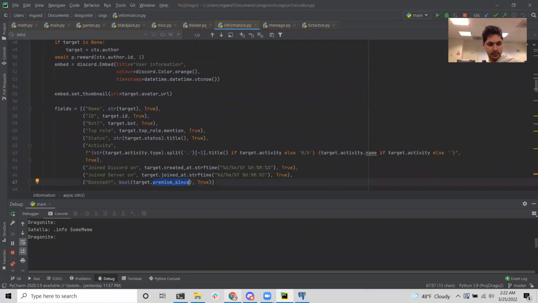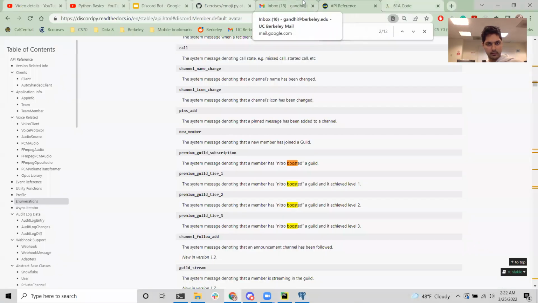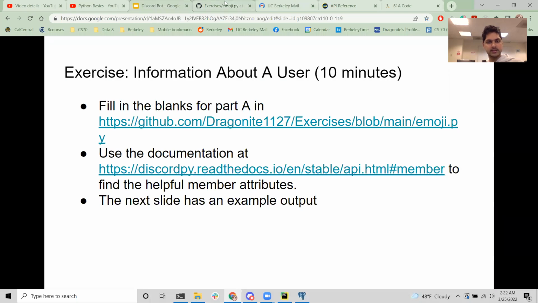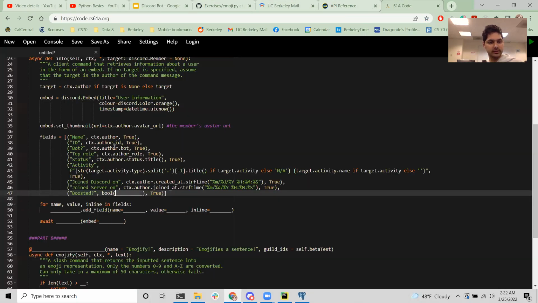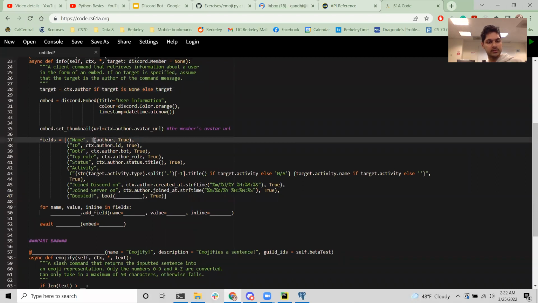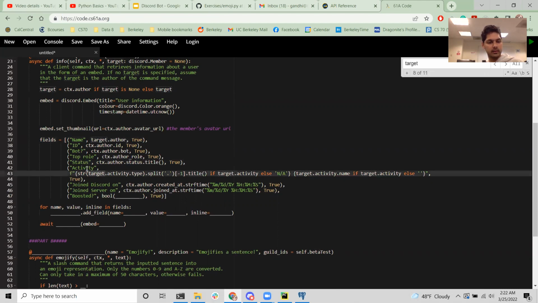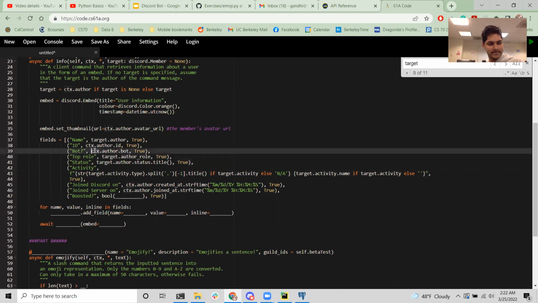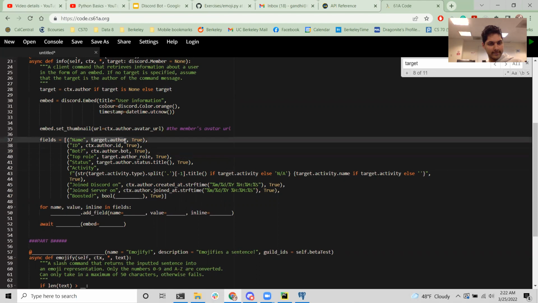Oh, right. Oh yeah, I shouldn't be using ctx. I should actually have been using target the whole time. Yeah, because we're assuming it's the author, but no, it should be target. So all this is target. I don't think I can replace all. But yeah, sorry. It actually wouldn't be target. Okay, that is pretty bad. Wait, let me check. Oh wow. Okay, sorry guys.